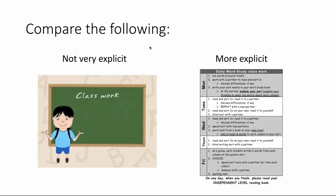And again, we have another example of not very explicit and more explicit. So the student on the left may be hearing something like, okay, it's time to go do your work. There's kind of a lack of clarity. The student's trying to read the teacher's mind. Like, what am I supposed to do? What does work consist of? Oftentimes, English learners will look at other students to see what they're doing and try to do what they're doing too. But if they don't really have the sense of what's expected, that can lead them to emulate students who aren't on track or who they don't really understand the purpose of what they're doing if they haven't been given